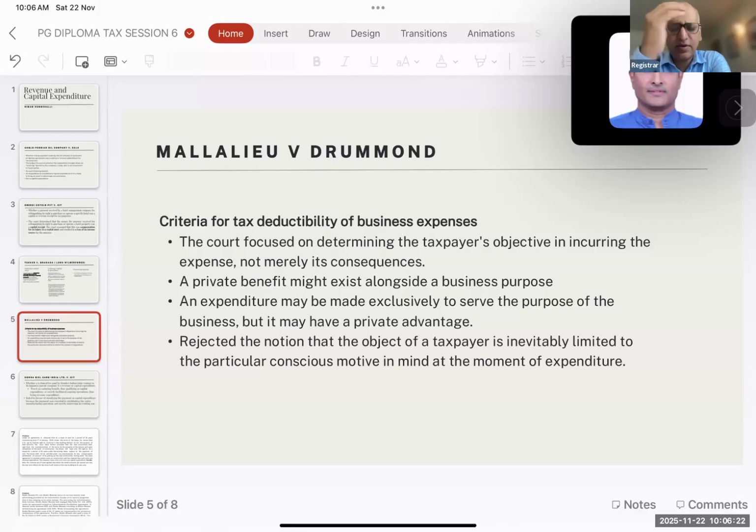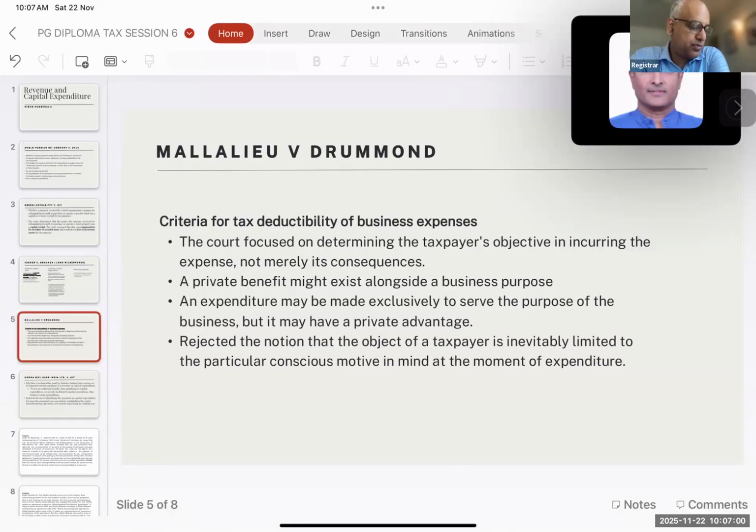And the House of Lords, and what's the issue here? The issue is the revenue is claiming that you have a dual purpose for buying these clothes, right? Not just for the court, for your profession, but for yourself as well. And if you have a dual purpose, you cannot deduct it because the words are very clear. The words say any expenditure has to be expended wholly and exclusively. There can't be a dual purpose, wholly and exclusively for the purposes of the business or profession. And if you go to